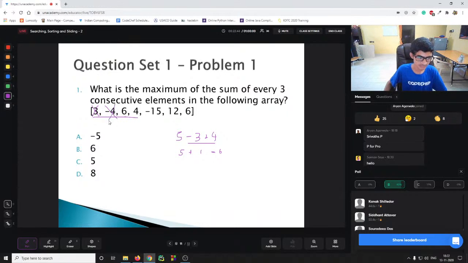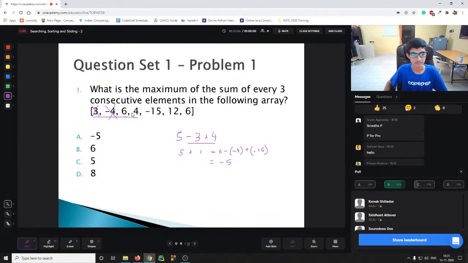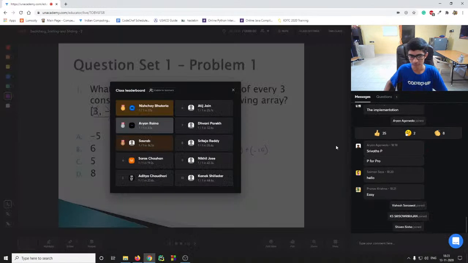Then we'll remove the minus 4. So 6 minus 4, and then we are going to be adding negative 15. Which is 6 plus 4, which is 10. 10 minus 15 is equal to minus 5. So from minus 5, we are then going to be removing,